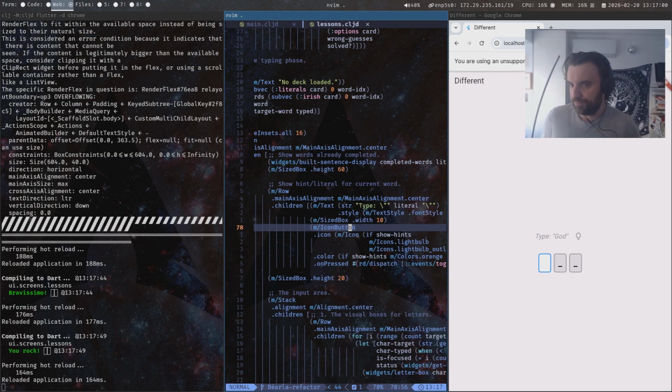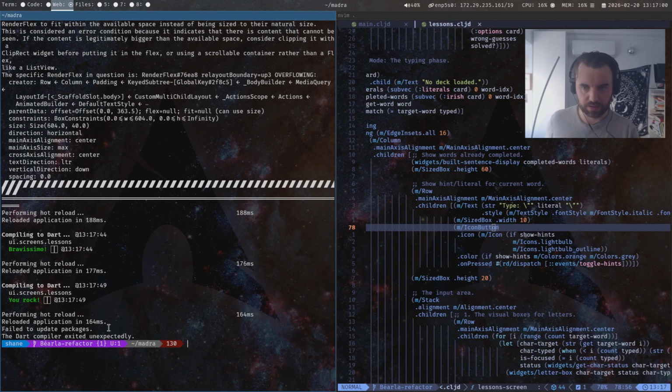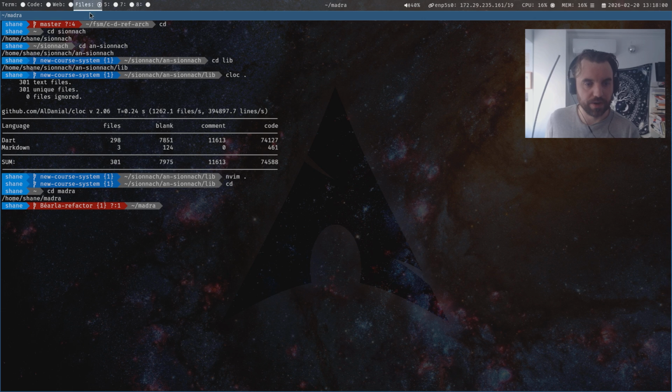I will stop this, and I'm going to just finish up by saying why this is cool. So what's the best way to do this? I go to my codex, and I have here Flutter patterns.